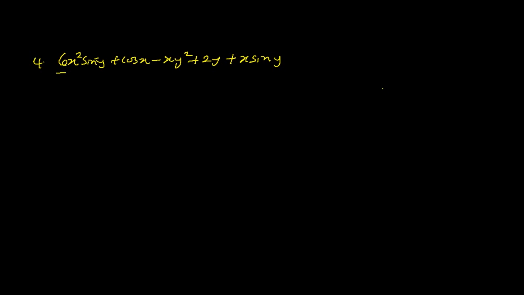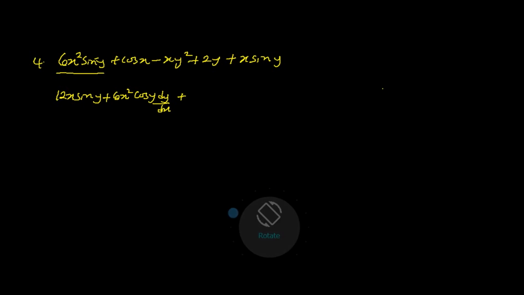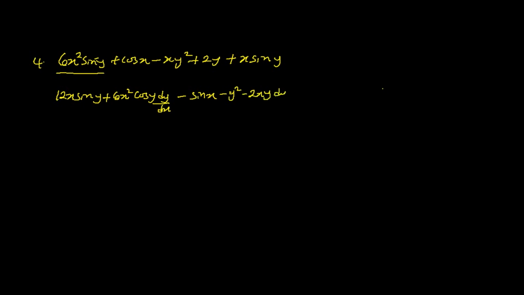So differentiating this one with respect to x and y, this is going to give us 12x sin y plus 6x squared cos y dy/dx. Remember, if you differentiate with respect to y, you put dy/dx. So this is going to give us minus, so this will be minus sin x, and this is minus y squared minus 2xy dy/dx